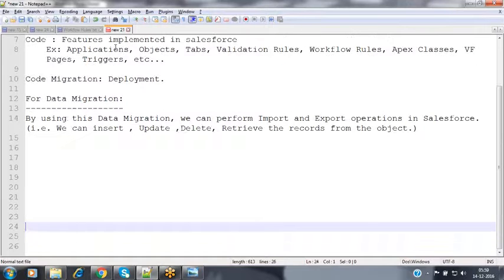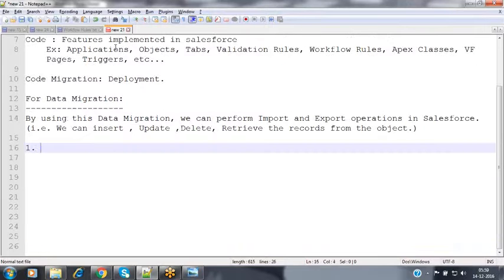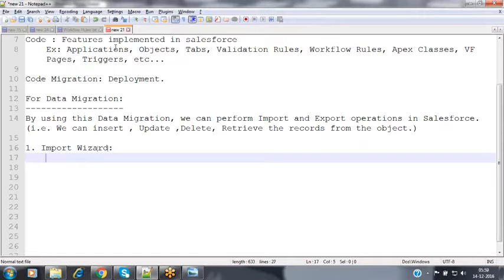For data migration, the first feature Salesforce provides is called the Import Wizard. Import Wizard is a ready-made feature given by Salesforce by which we can import the records. Importing means inserting and updating the records inside an object.